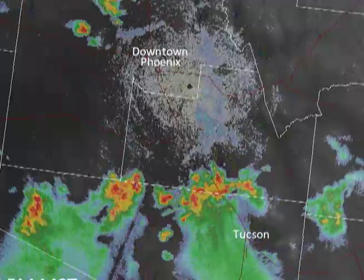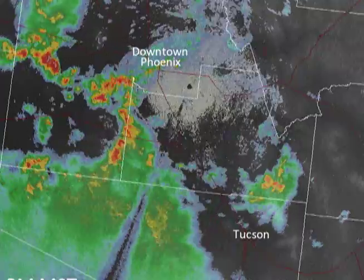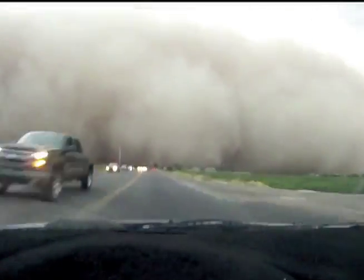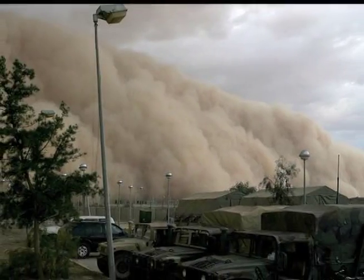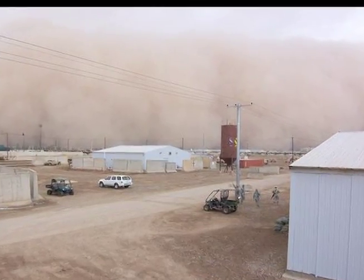The leading edge of the dust measured almost 100 miles long and shows up in this radar loop as the arc of blue moving north-northwest across downtown Phoenix. The dust was lifted up at least 5,000 feet as it traveled more than 150 miles across the dry Arizona landscape. In North Africa and the Middle East, these giant sandstorms are called Haboobs, from an Arabic word meaning strong